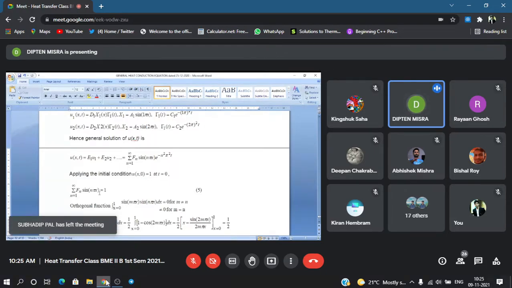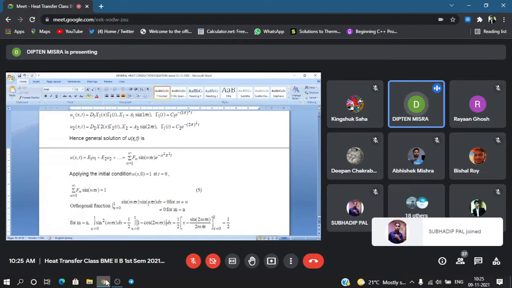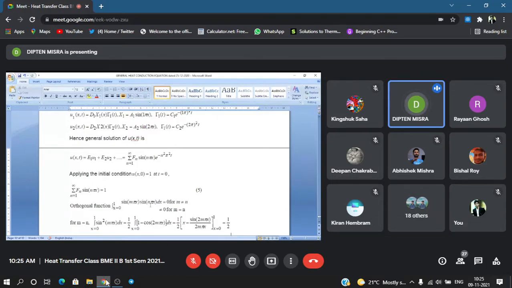That is, you multiply sine 1 pi x with sine 5 pi x and integrate, the integration value will become equal to 0 for distinct values of n, and it will be non-zero for identical values of n. So sine m pi x into sine n pi x will integrate to 0, whereas sine square m pi x will be non-zero. We can check that thing. You can check whether this is equal to 0. Shall it be equal to 0 or not? Can somebody tell?